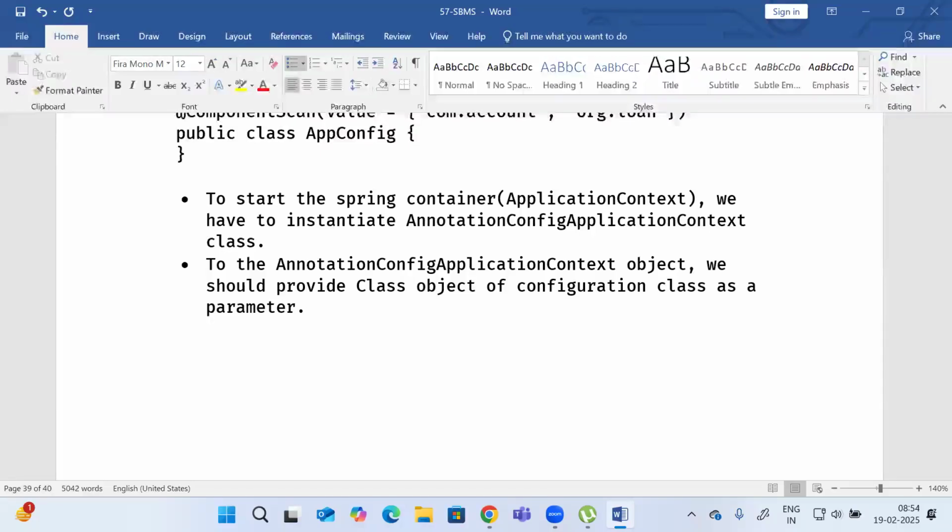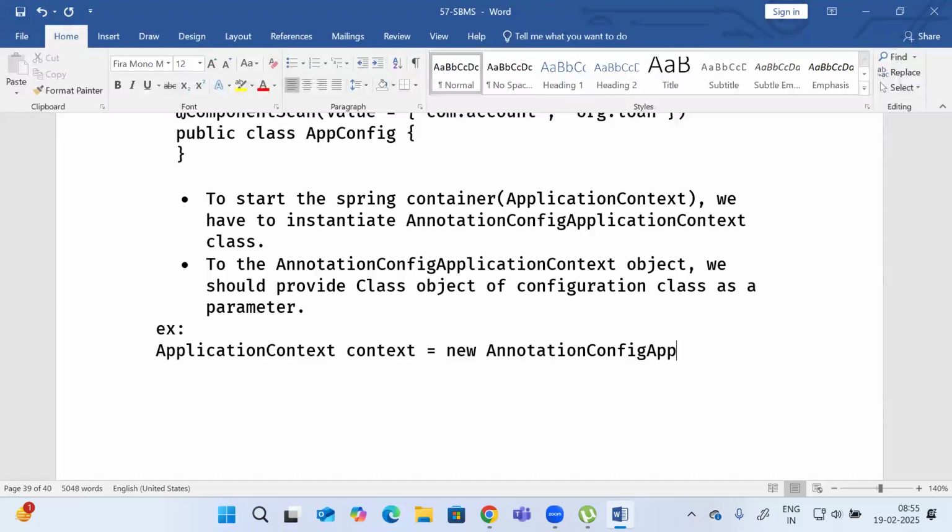Are you able to get my point now? So try to understand. We should provide the Class object of the configuration class as a parameter. Okay, good. Example. Tell me how to write. ApplicationContext context is equal to new AnnotationConfigApplicationContext of